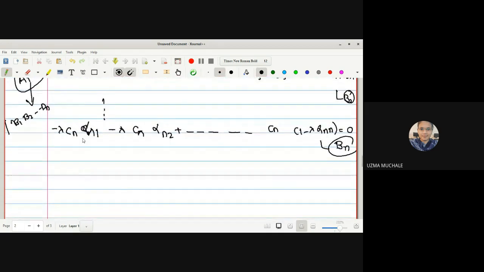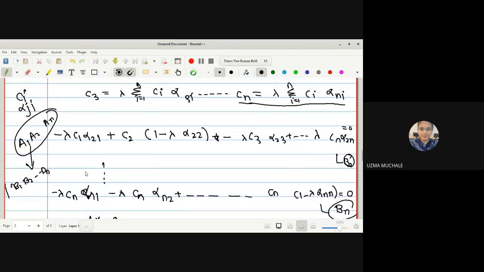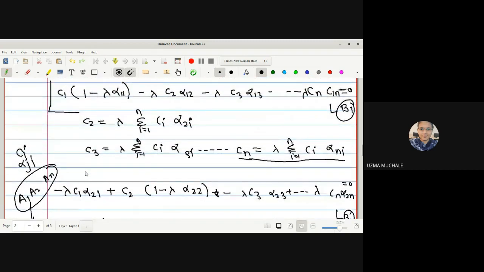Homogeneous equation, if you have studied in our BSc, is Ax equal to 0. Homogeneous equation, in differential equations, we have all studied. If b of x is 0, then we say that it is homogeneous. Correct? Now, whatever equations you are able to see here, this is our equation number B1.